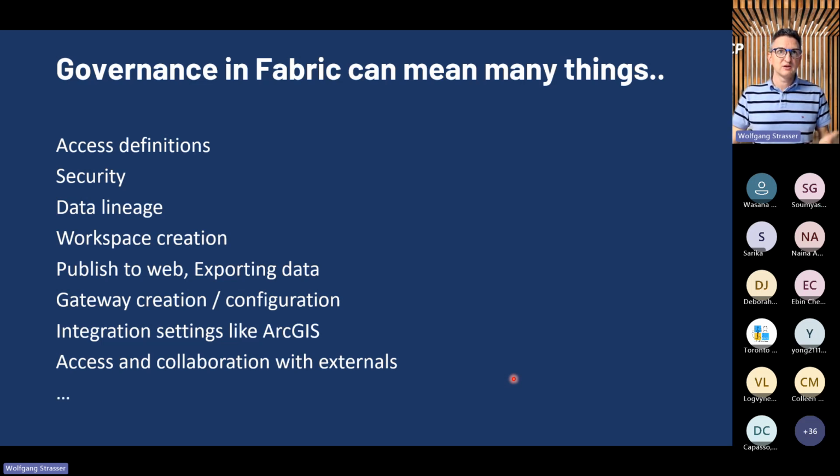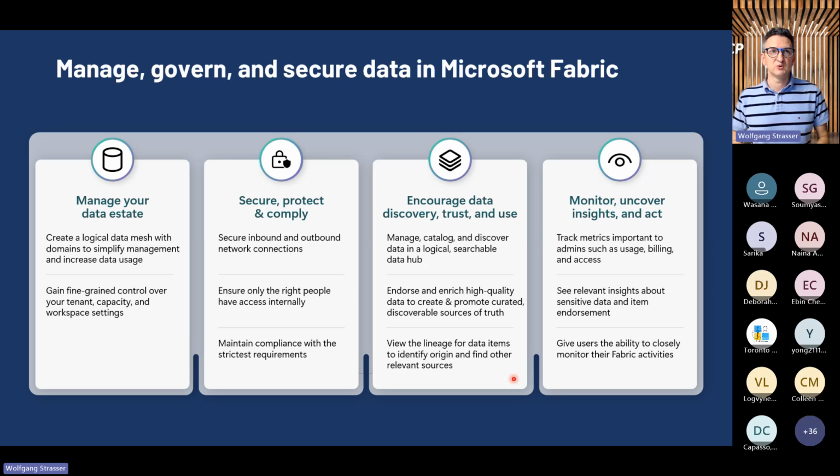So let's start with the first thing and an overview. What are the different pillars I will focus on in my demos? The first thing is we need to think about how to manage our data estate. What are the settings that need to be fine-tuned in order to prevent data loss, for example, to set the rights to only a specific, smaller group that is allowed to create workspaces, capacity administrators, and so on. It's really needed not to leave all those settings in the default state.